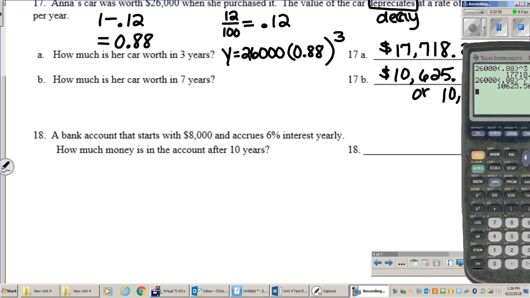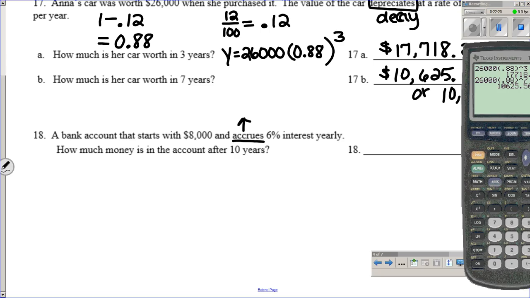Okay, in number 18, it says a bank account that starts with $8,000 and accrues 6% interest yearly. How much money is in the account after 10 years? So I see the keyword here is accrues, and that does mean that it increases or grows. 6% as a decimal, again, take 6 divided by 100. That's going to be decimal 0.06. Now, when it increases, you take and add this to 1. So your equation is going to be y equals 8,000 times